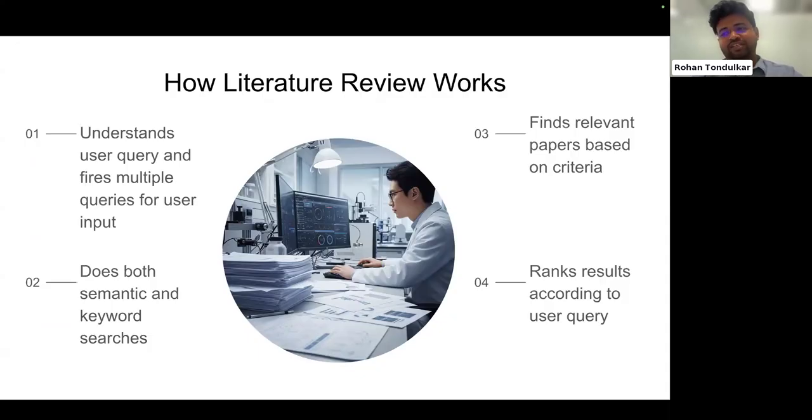The reason for multiple queries is because it can give you more diversified results. Sometimes you use one word, but there are multiple words for it used in the various literature. So you get those papers, and it helps to gather more relevant literature. So that's step one.